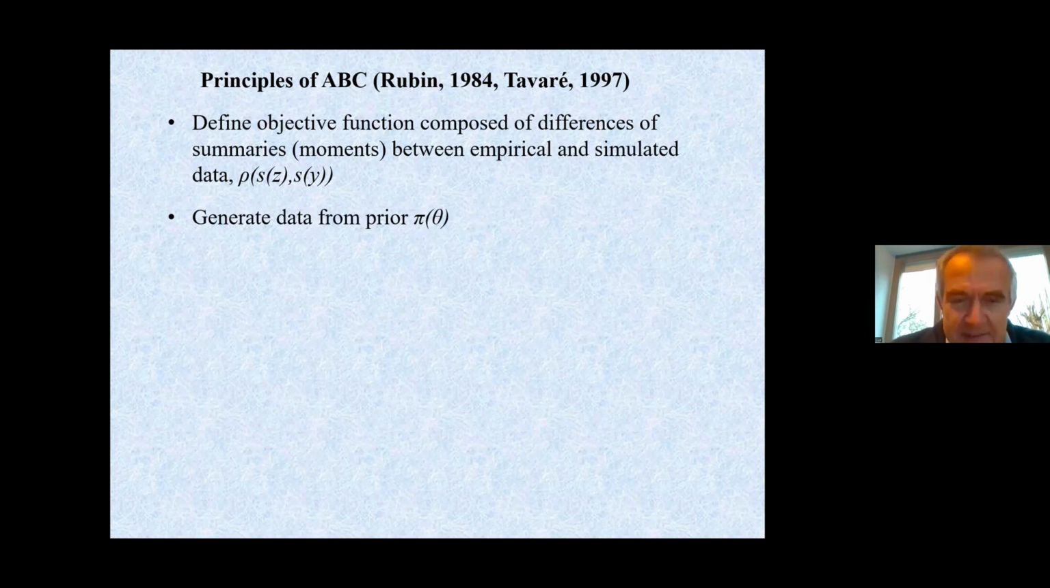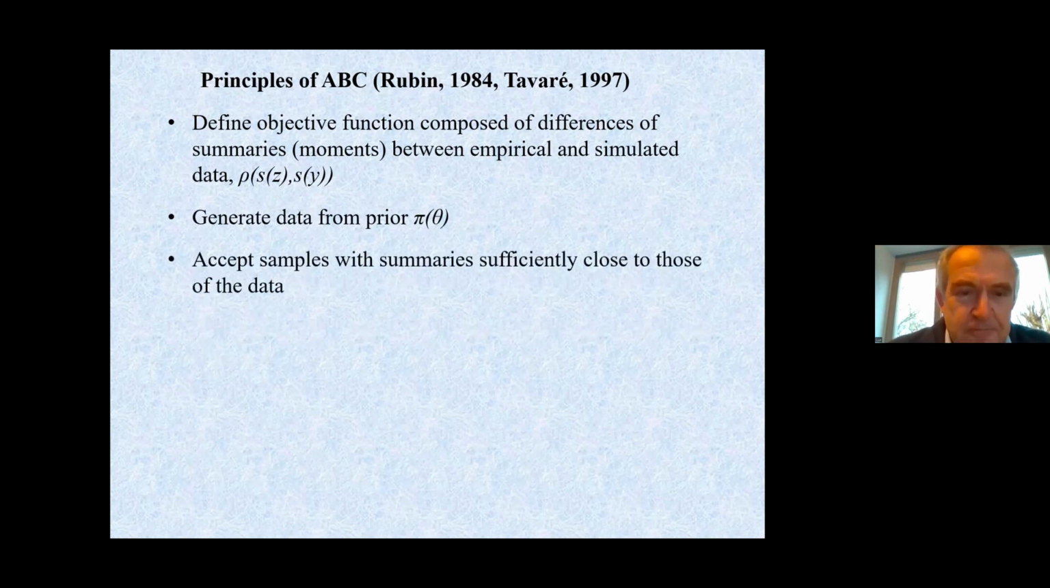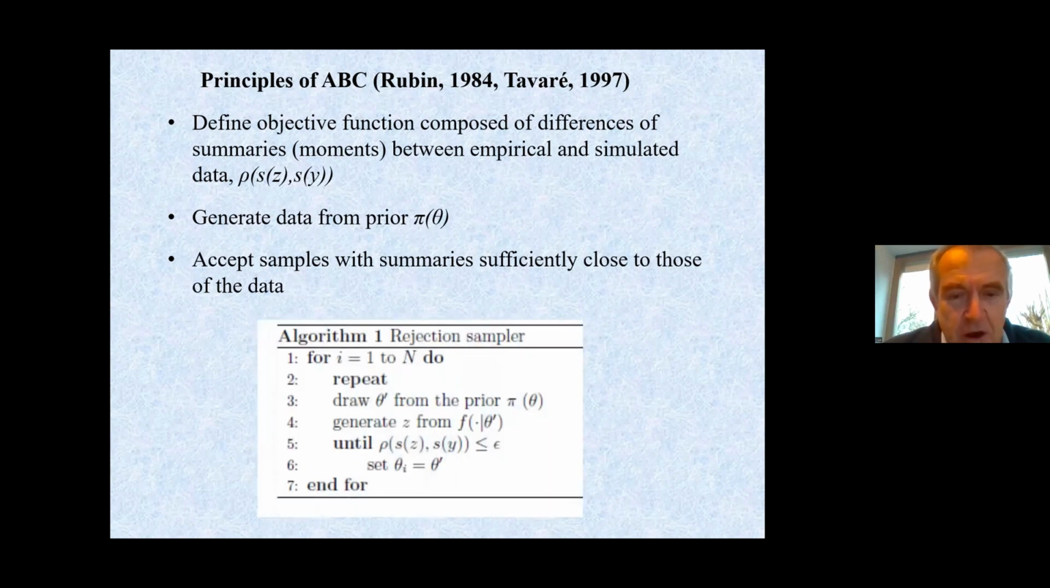However, this is Bayesian, so you start with generating data from a prior distribution, but I will take in my examples very general prior distributions, and you accept samples that are having summaries that are sufficiently close to those of the data. That means you start with a criterion for how close the summary should be, the moment function should be, the aggregated moment function should be to the data. And